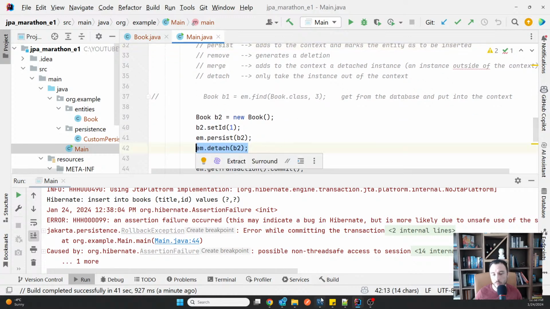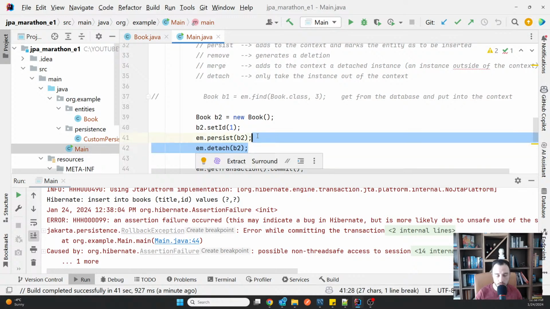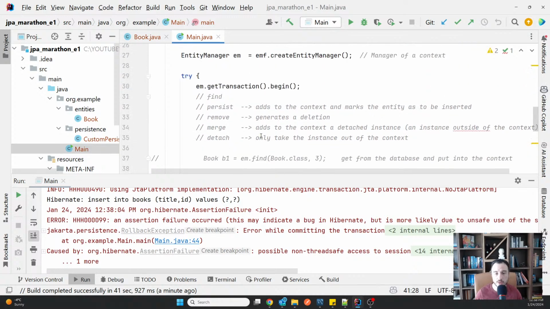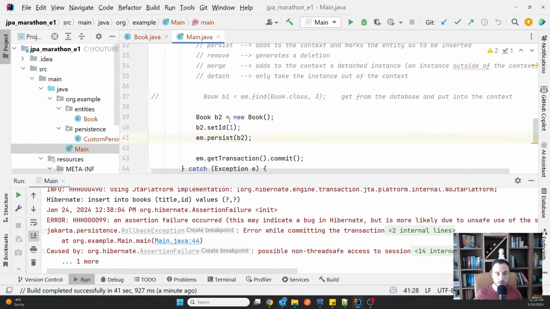So only what's inside the context can be operated with. If you mark this to be inserted, but then you take it out of the context, that is a problem, no? So you cannot work with a detach operation.